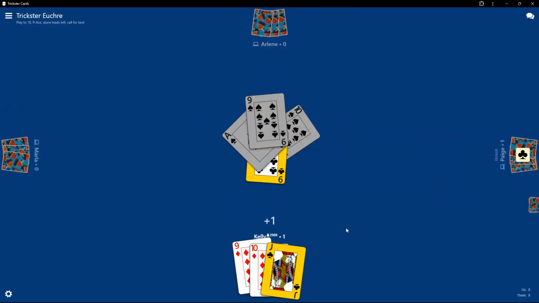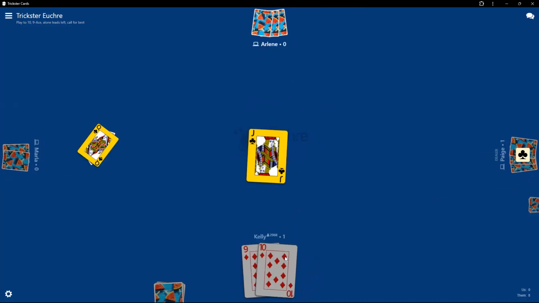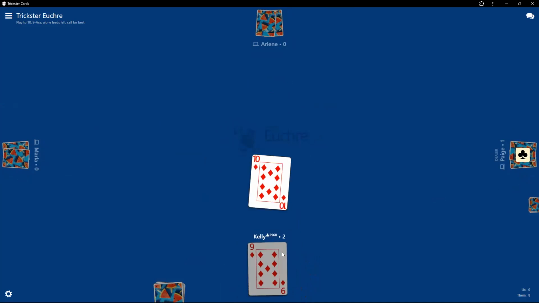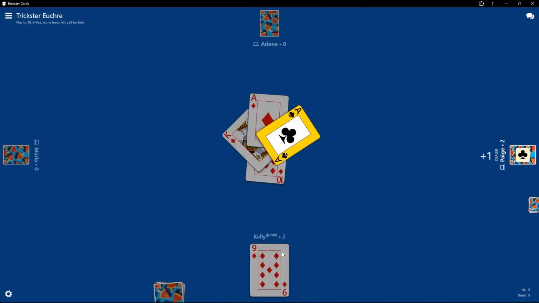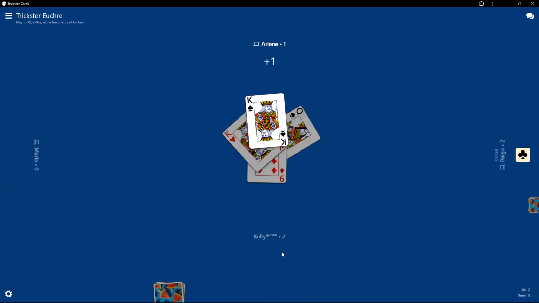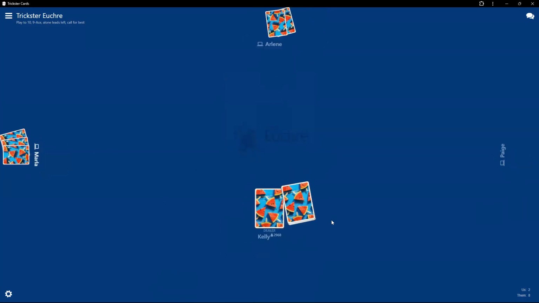Oh, that's nice. See, now it's putting this card up, suggesting I play that. I disagree. I've got the right bower. Maybe you would do it differently, but my goal is to take, well, the right bower is going to take one of the tricks along the way anyway. So does it really make a difference? So we got 2 points, which is nice. So we euchred them this time.